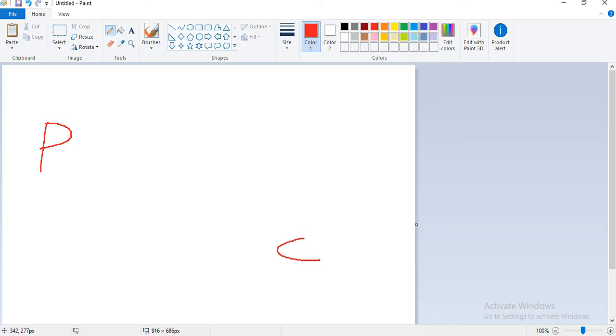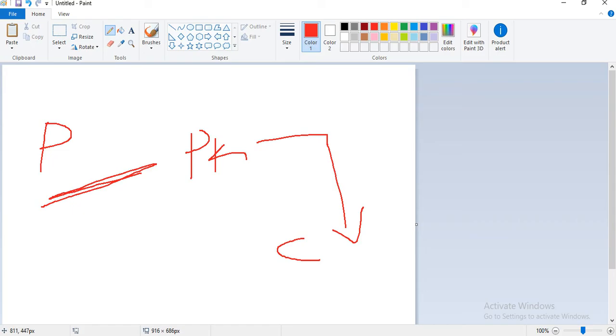Now when I talk about the parent table, the parent table should have a primary key, so that it can be linked in a child table through a foreign key constraint. Whatever key we are linking in a child table, that should be a primary key in one of the tables.